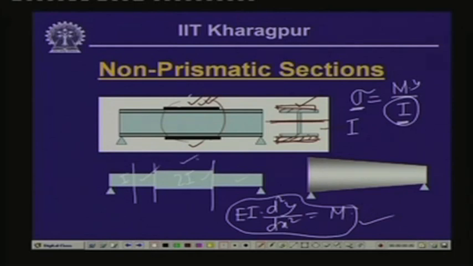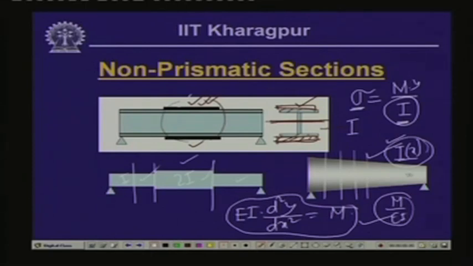Now, in this particular case it becomes rather simpler, but for a case where you have a beam of this particular form, where the section or the beam is a non-prismatic one, that means any section you take, the cross sectional parameter is always changing, and thereby the value of the moment of inertia I is changing, and it is a function of x along the length of the span. Now, since this I is in the denominator, as you have seen when we compute that M by EI diagram, this becomes a little complex when we try to evaluate the slope and deflection,